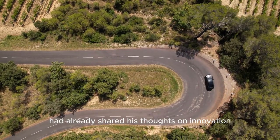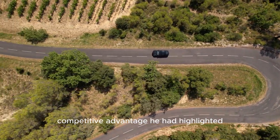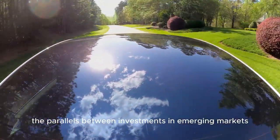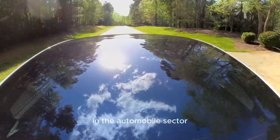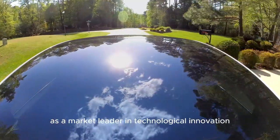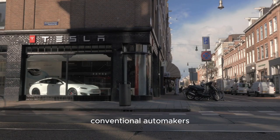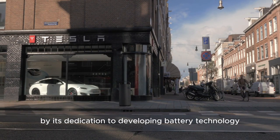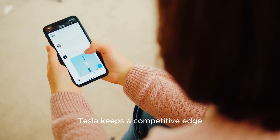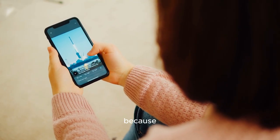The Tesla bull had already shared his thoughts on innovation and how it may give businesses a significant competitive advantage. He had highlighted the parallels between investments in emerging markets and innovation today. In the automobile sector, Tesla has made a name for itself as a market leader in technological innovation. The carmaker distinguishes itself from conventional automakers by its dedication to developing battery technology, electric drivetrains, and autonomous driving capabilities. Tesla keeps a competitive edge by consistently pushing the envelope of what is feasible because it is positioned to benefit